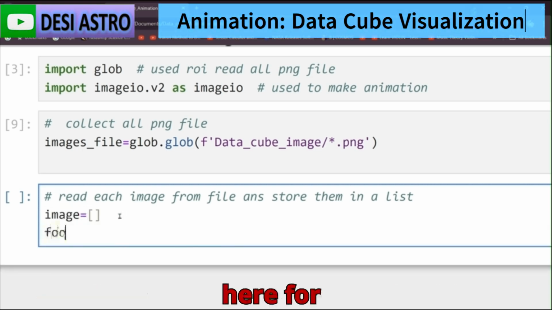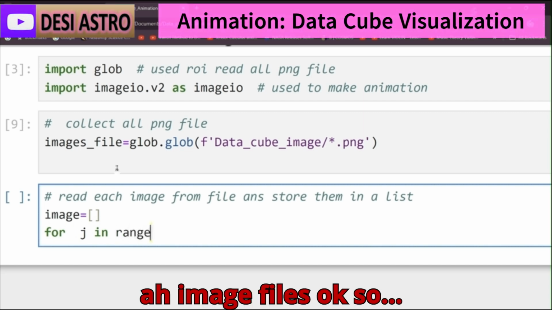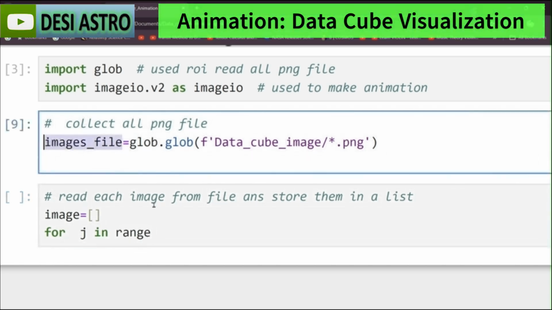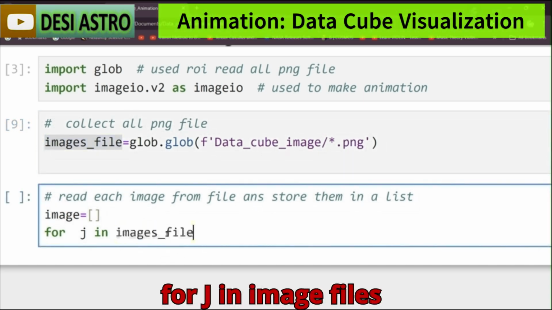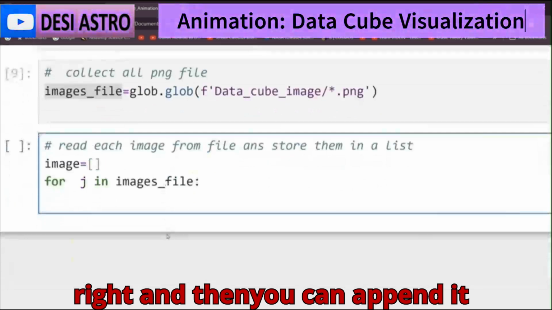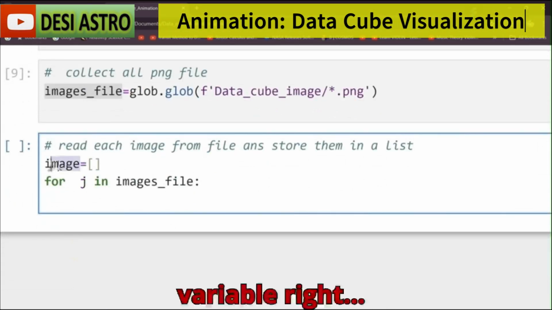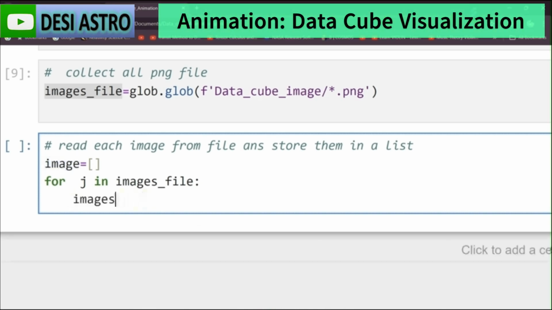So for that type here for j in image files, and then you can append in this image variable. So for that, image.append